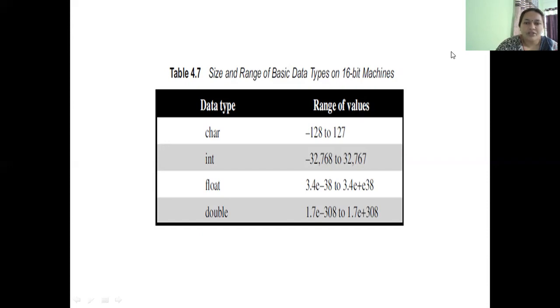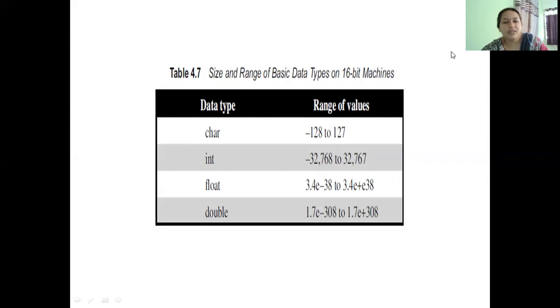The range is calculated as 2 power 32, and whatever value comes, it is 65,536. Those values are distributed on the number line as minus 32,768 to plus 32,767.